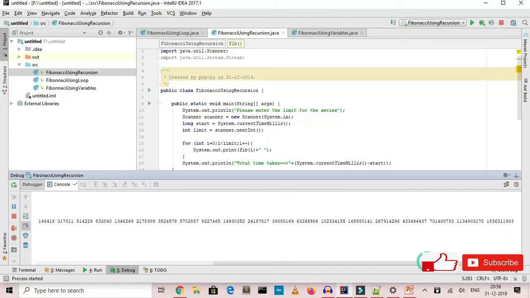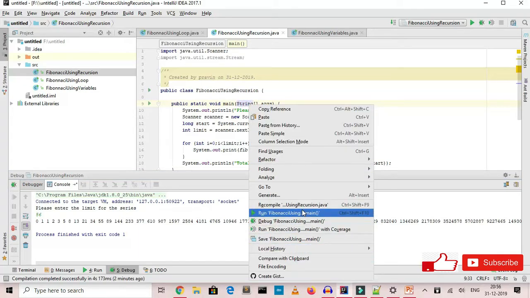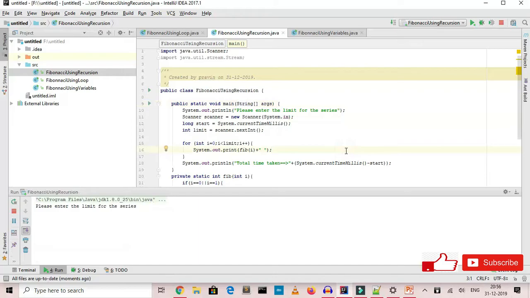See, a minute or two must have elapsed by now. Still no answer returned. Okay, let's kill it. Let's run it for some small limit. Let's see, I say 10. Time taken is 4,400 milliseconds, which is roughly 4 seconds, which is fairly large compared to all the other approaches